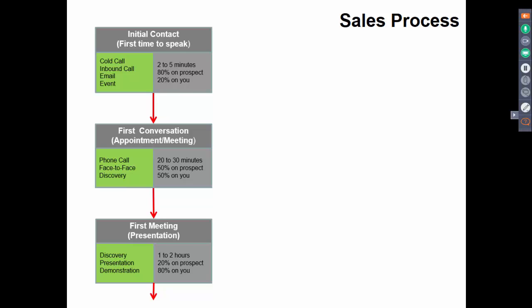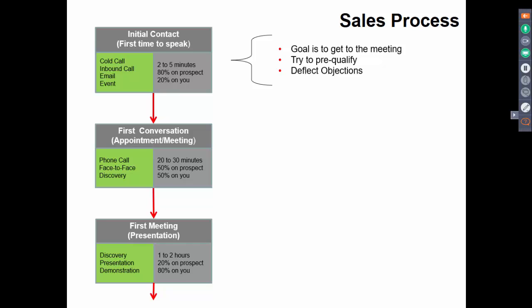And then a third step might be more of a formal meeting, meaning a presentation, which could be a formal presentation of slides, or a presentation of a quote or a proposal. But I like to break the early part of a sales process into those three stages. That's really important and helpful for thinking about how to respond to objections, because when you respond to an objection, you want to start to think about what your goal is.